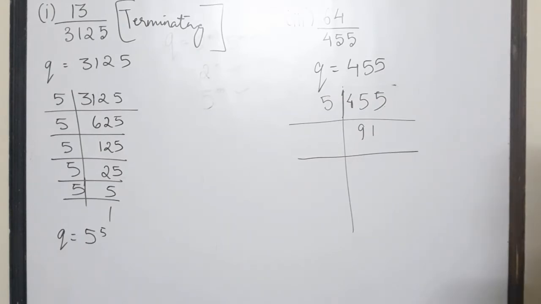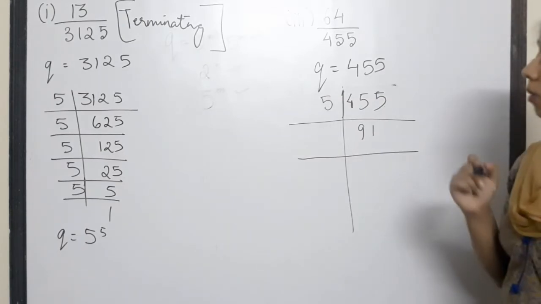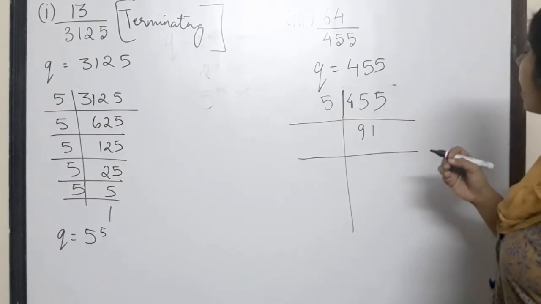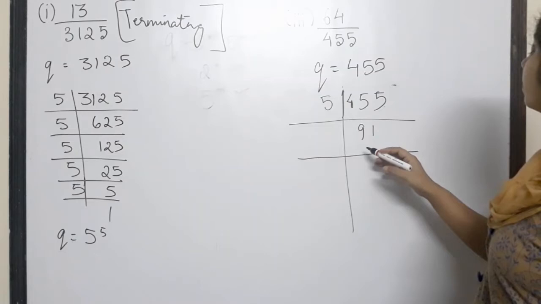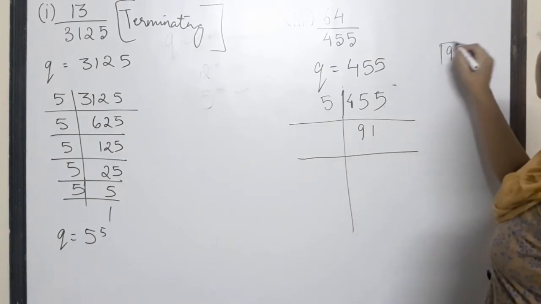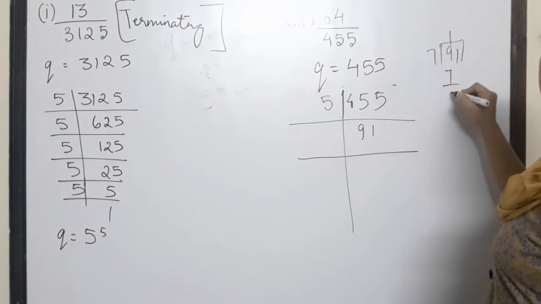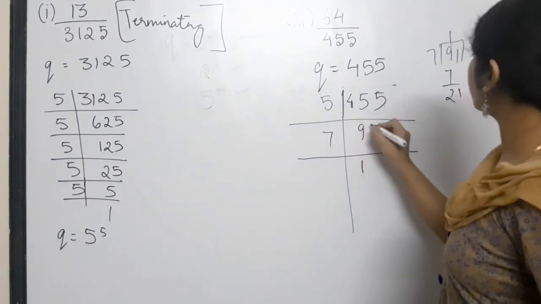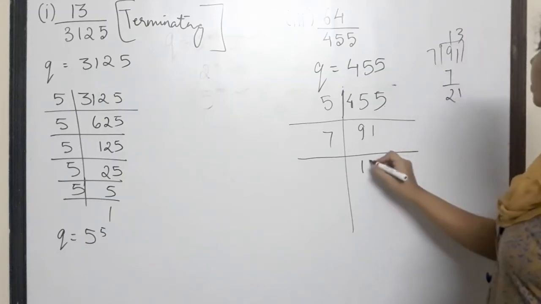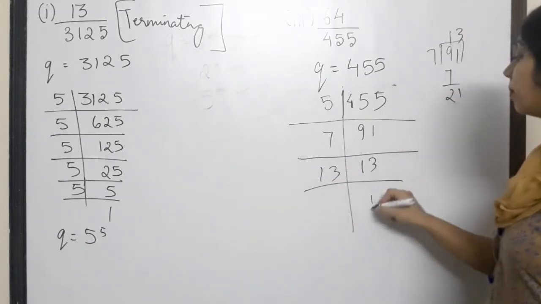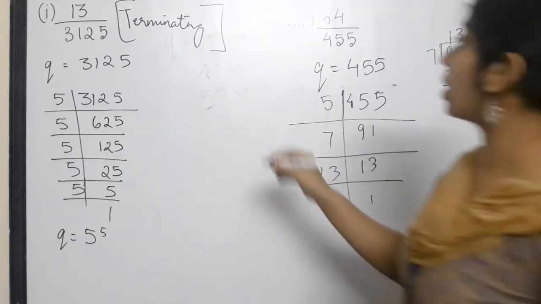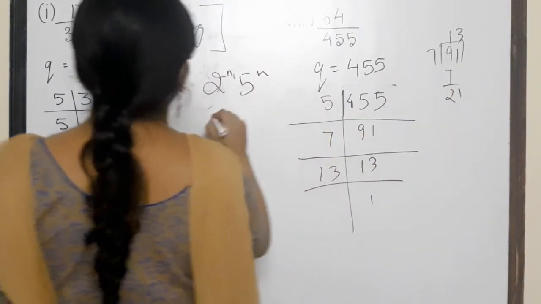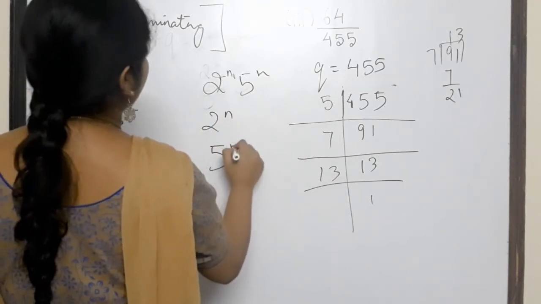Is 91 a prime number? From the table of 2 to 100, if you see 91, will it go by 7? Let us see, will it go by 7 or not? 7 1s are 7, 8, 9, yes, it will go with 7. 7 1s are 7, 8, 9, 7 3s are 13, 1s are. Now children, the three criteria which I gave you, either it should be 2 to the power n, 5 to the power n, or only 2 to the power n, only 5 to the power n.